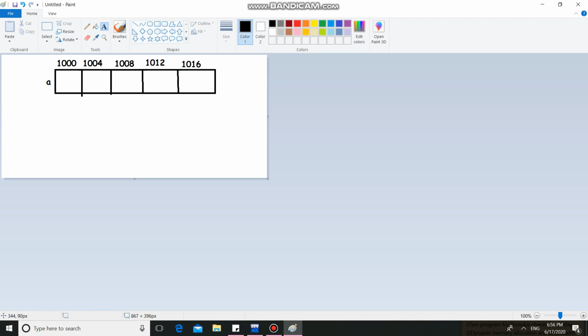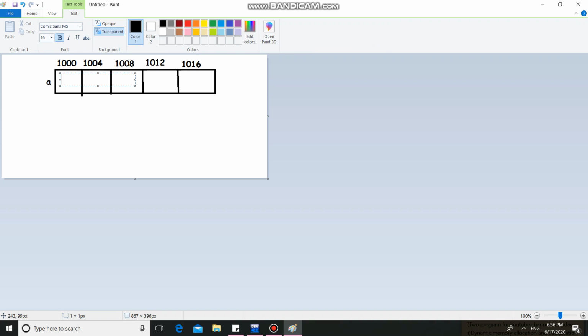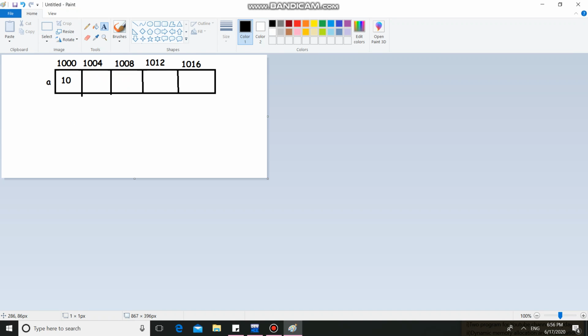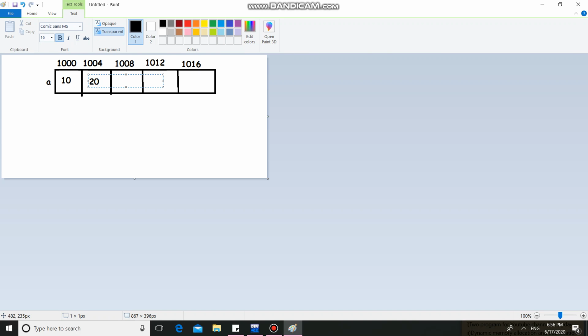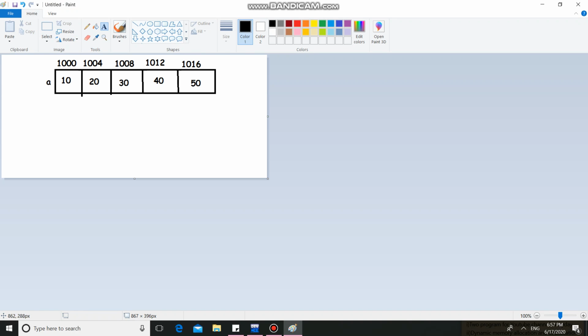As this is an integer array, every block requires 4 bytes. So 1000, 1004, 1008, 1012, 1016. This array takes a total of 20 bytes of memory. Now consider these are the elements we have read from the user: 10, 20, 30, 40, and 50.